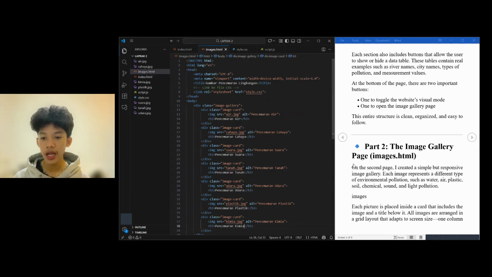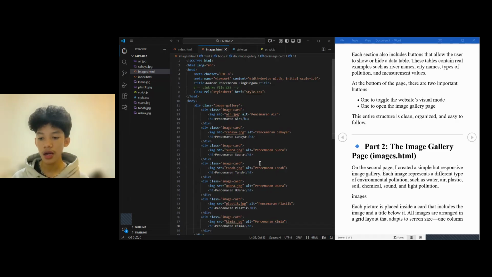Next, the image gallery page, or image.html. On the second page, I create a simple but responsive image gallery. Each image represents a different type of environmental pollution such as water, air, plastic, soil, chemical, sound, and light pollution. Each picture is placed inside a card that includes the image and a title below it.